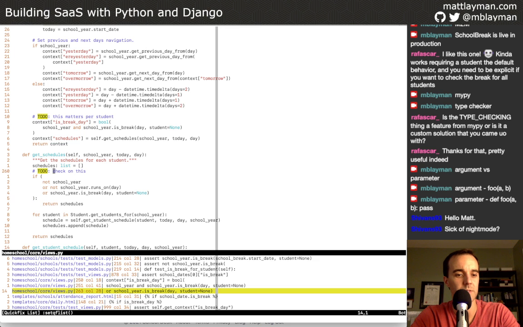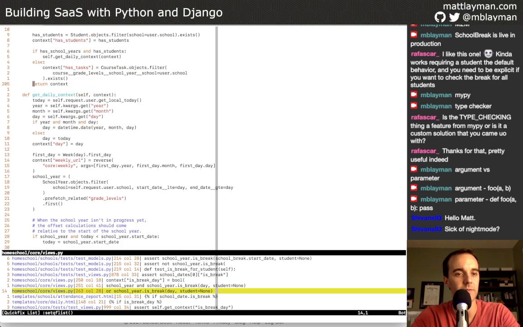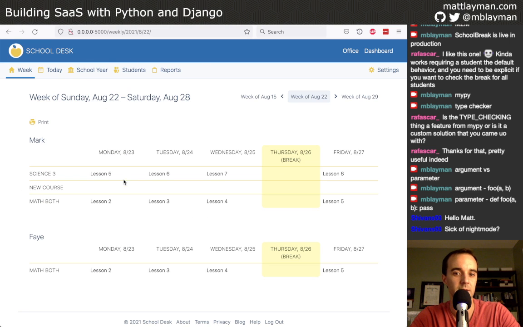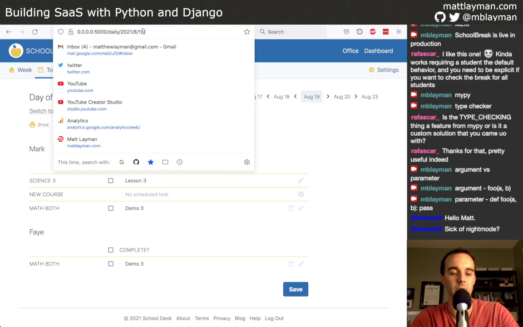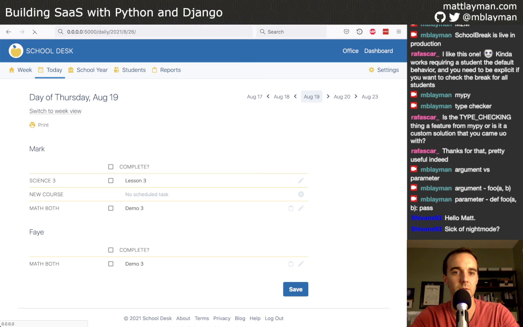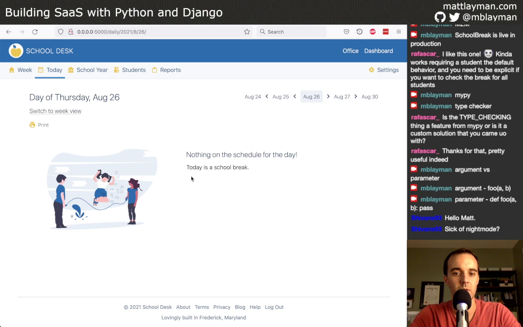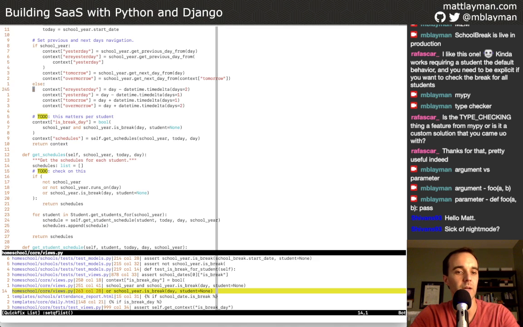Yep, same with this one. This is another, what view is this? This is the daily view. It's the same problem because the daily view is just a time slice into a particular day of the week. So we can look at, here's the 18th. If we jump ahead, we go to the 26th is the one. And yeah, it may matter. This is a break day marked for this day, but it might be just a break day for one kid. So that has to be plumbed through too.